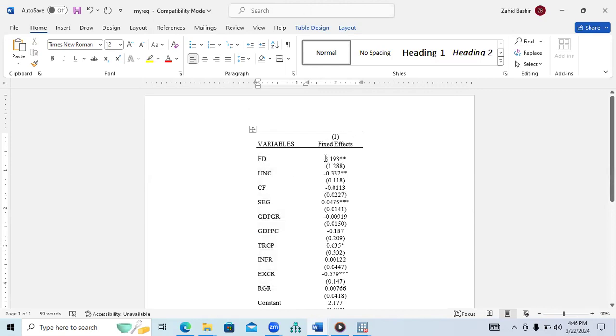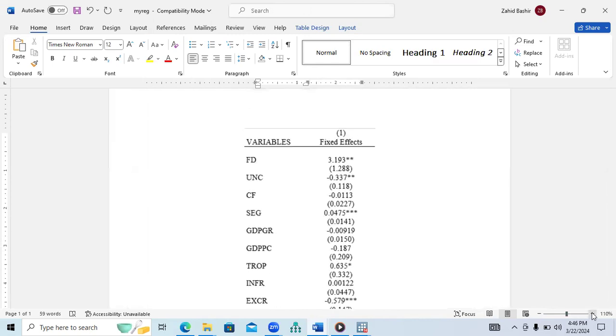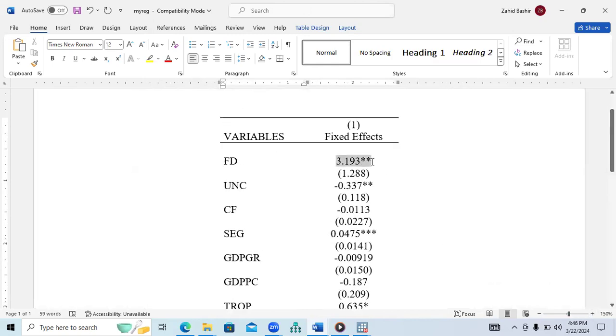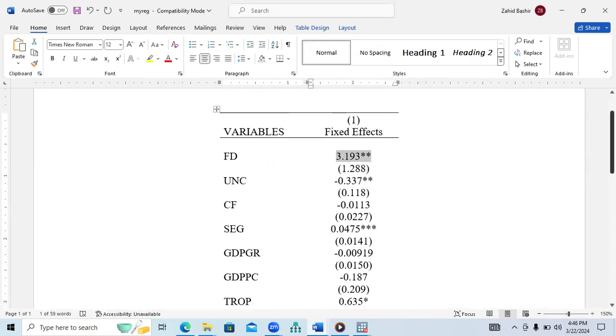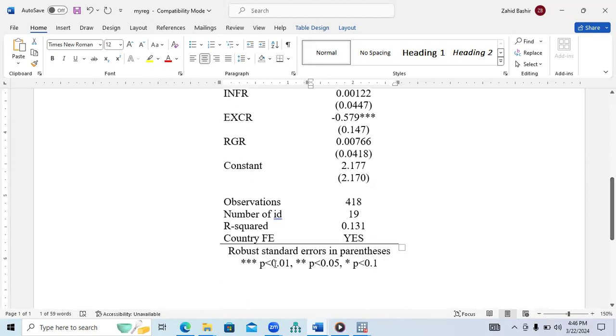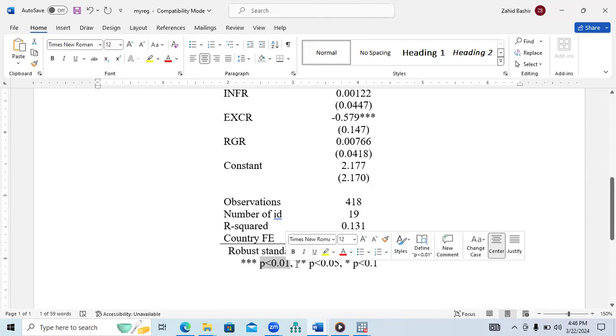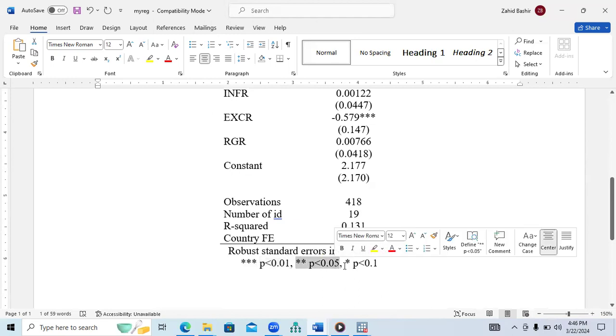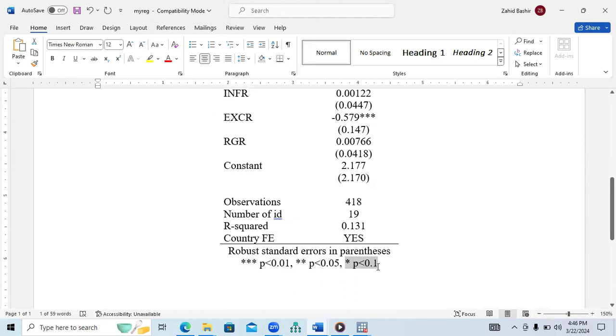Now, the first thing you are seeing in this table is basically the beta value or coefficient value here. So what do these stars mean? If you go down to the bottom of this table, you would see here 3 stars means p-value less than 1%. 2 stars means p-value less than 5%, and 1 star means p-value less than 10%. So 0.1 means 10%, 0.05 means 5%, and 0.01